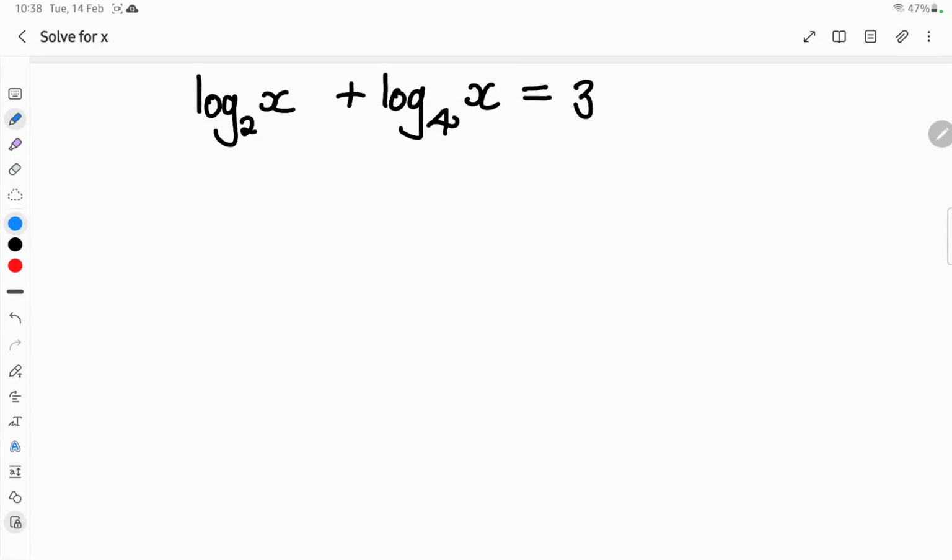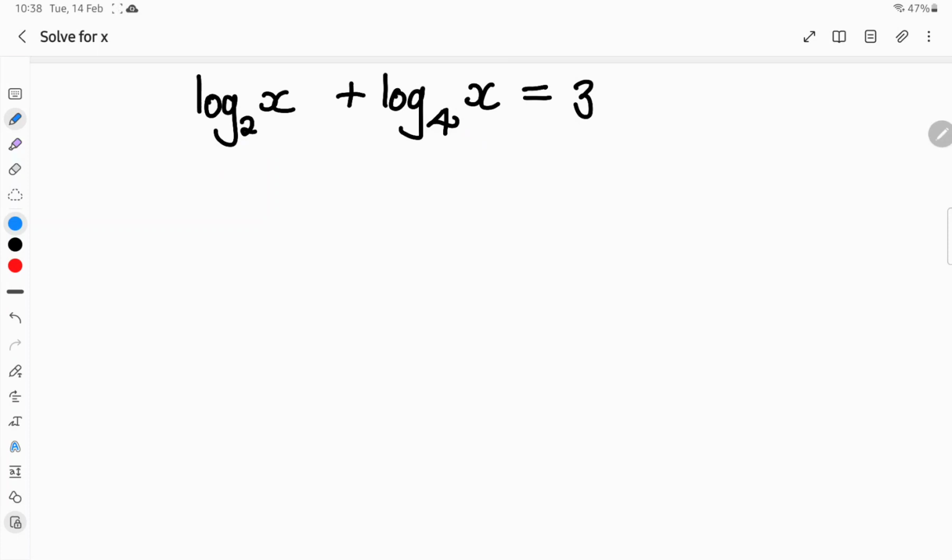In this video, we're going to solve for x for the following logarithmic equation. One thing we need to note before we can start solving this problem is that we have log base 2 of x plus log base 4 of x equals 3. The important thing to note is that the two bases of the two logs